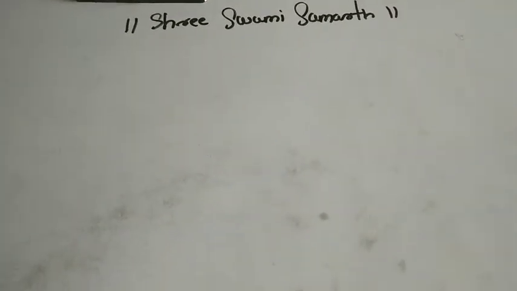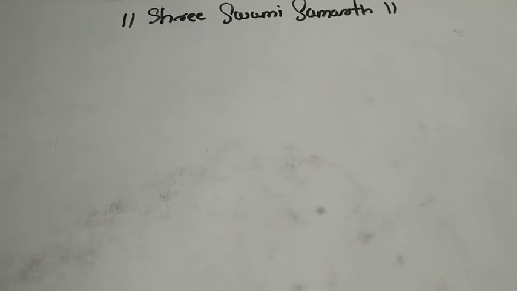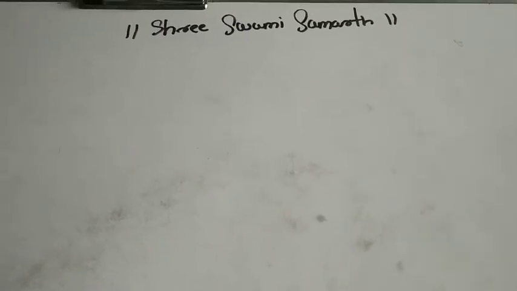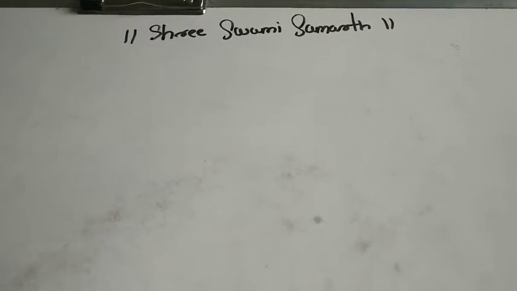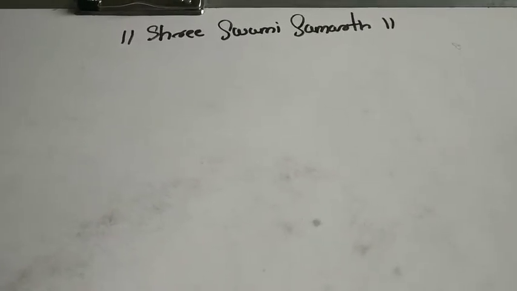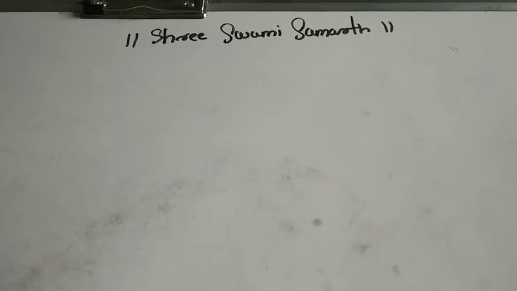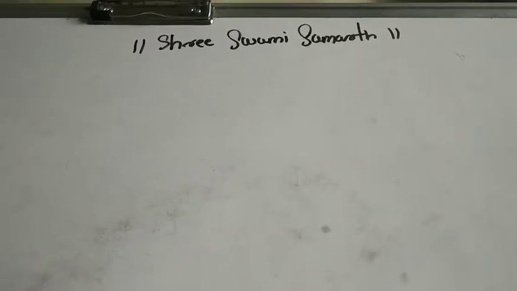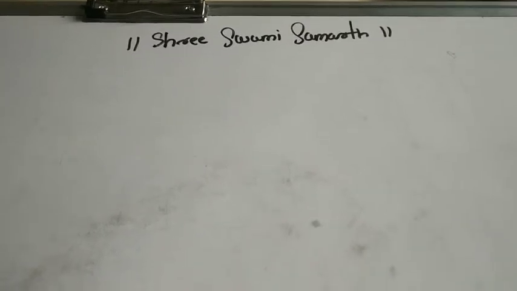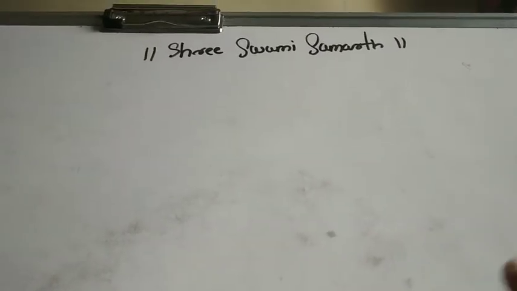So we are back here again with one more new video. In this video I'm going to show you the mechanism for the Dow process. That means the conversion of chlorobenzene to phenol can take place with a number of steps, right? So it is not a single step reaction, it involves a number of steps. So we are going to see the clear mechanism for this reaction.